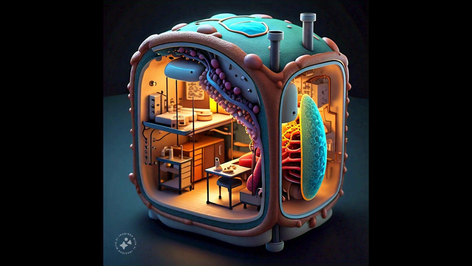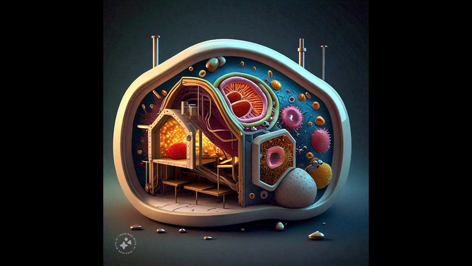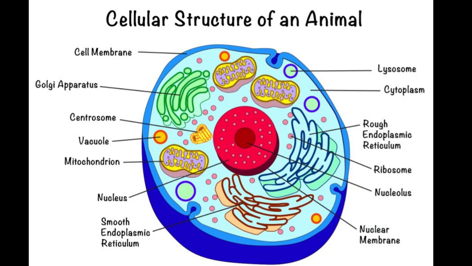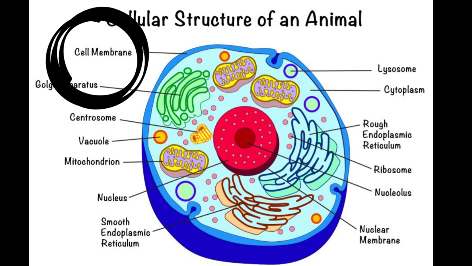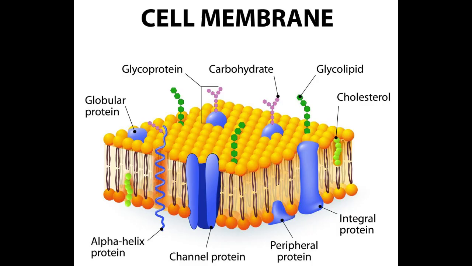The walls of each house, or cell membrane, are like the outer layer of a protective bubble, separating the cell from its environment and controlling what comes in and out. This wall is semi-permeable, like a filter, allowing certain substances to pass through while keeping others out. And it's made up of a special material called phospholipid bilayer, with hydrophilic, water-loving, heads facing outwards, and hydrophobic, water-fearing,